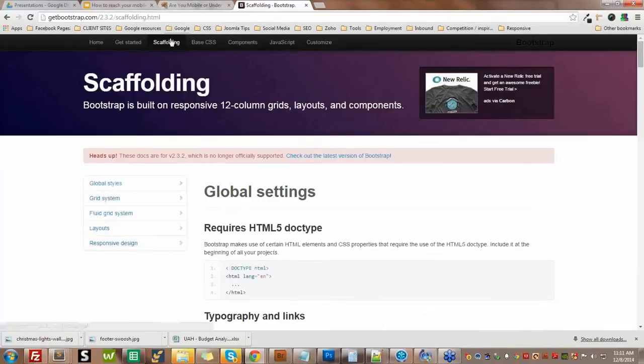Responsive design. If you click on scaffolding here at the top, this is just the basic part of Bootstrap and how it works. And it's been a while, so hopefully this is the right one to click on. You see on the left here where it says responsive design. You click on that,